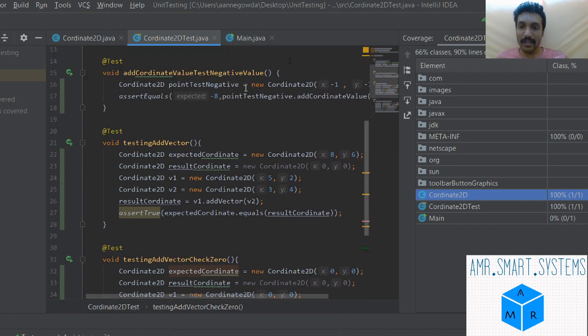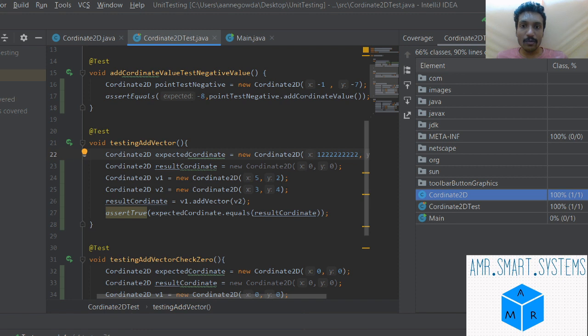Similarly, adding this vector test, we can now test extreme things like negative numbers or some maximum numbers for which the integer can overflow. So now we have come to know that there can be an integer overflow in this test case, and we'll try to improve our code by adding checks in the actual code and re-verifying it in our test case. So this is basically an iterative process.